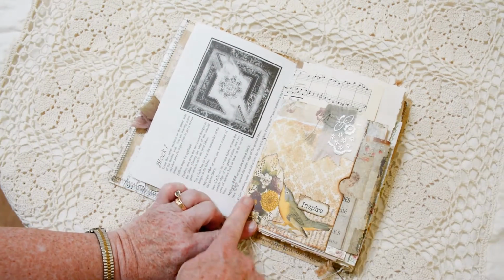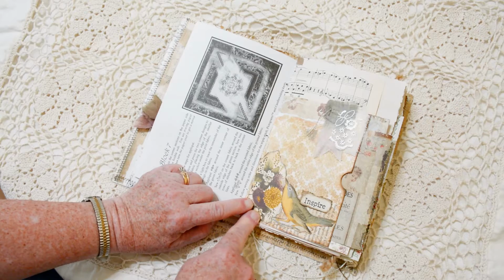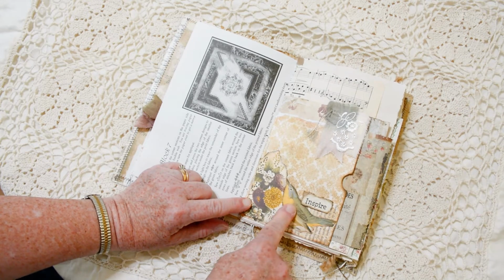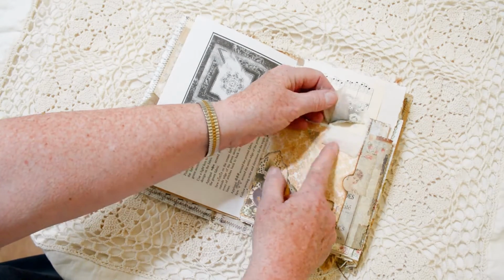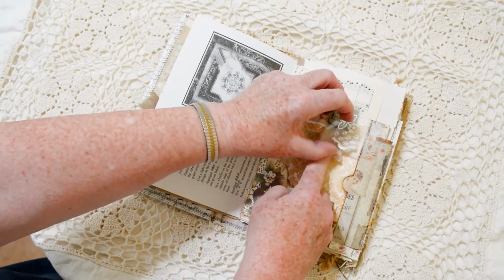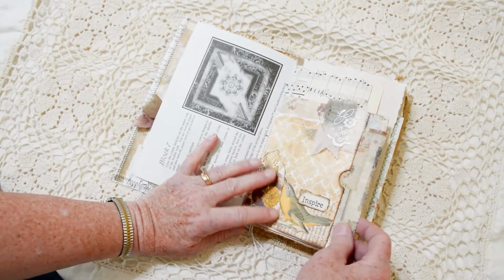This paper, I've torn out this part of one digital kit and fussy cut the bird from another and added the word inspire. And up here I just love this little spot of layering. I've got some muslin and some sari silk and a little scrap piece of lace. And in the pocket,